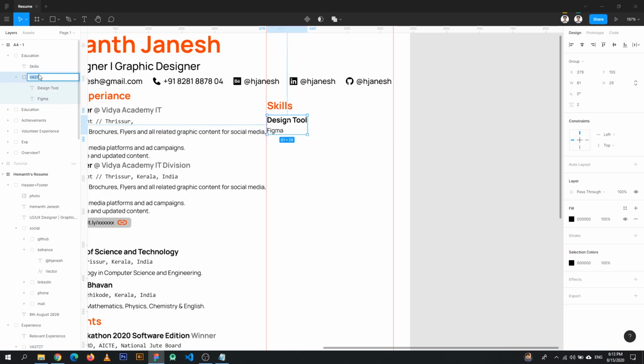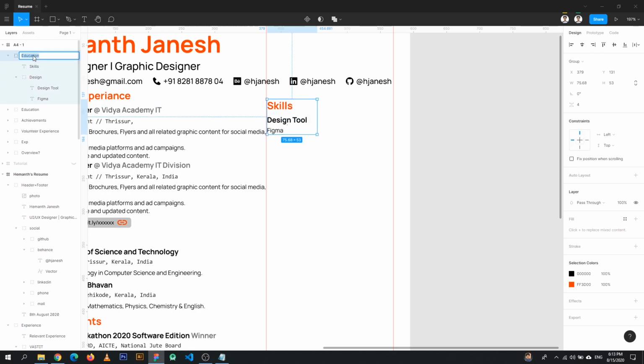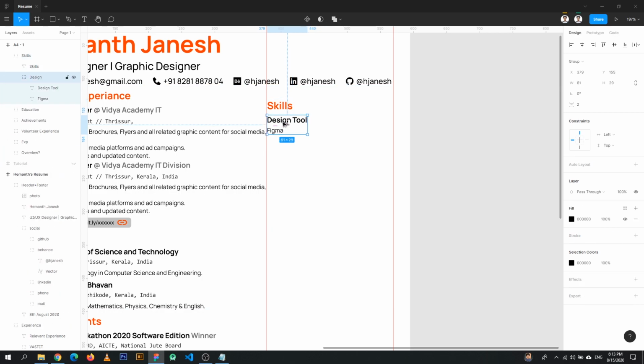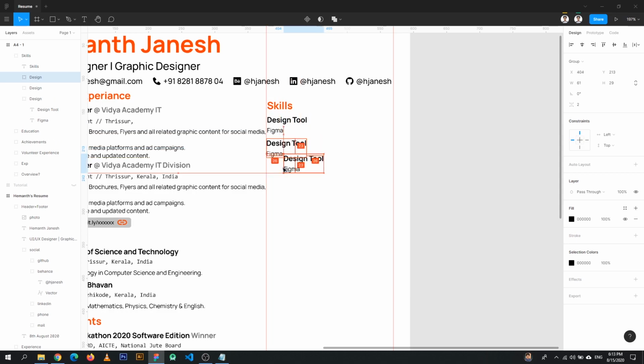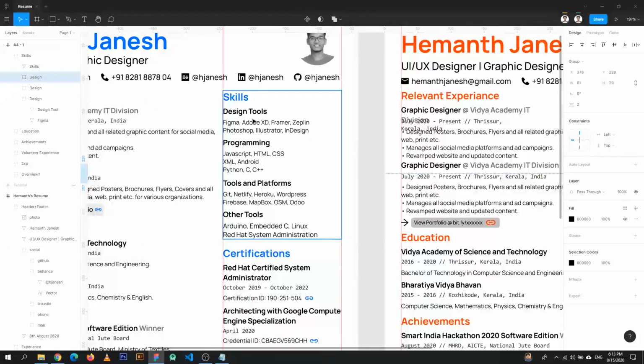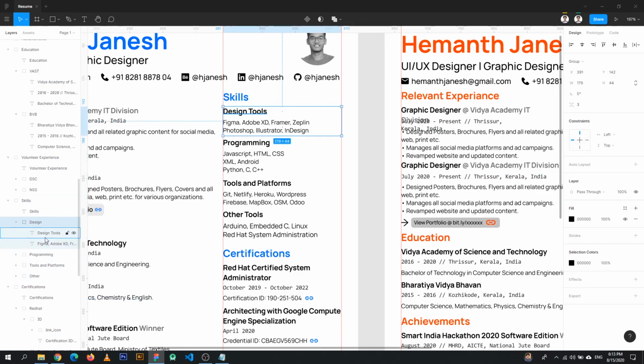So rename this as design, and you have a design box here, skills here. Rename this whole thing as skills. So you have the skills box properly done, and then just duplicate this guy, and what you get is different boxes, and then edit the text to match whatever you want. So ultimately you will get this whole box, which is skills, the heading, design tools with two text boxes, programming,